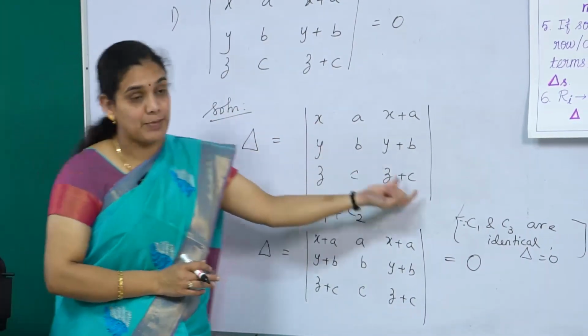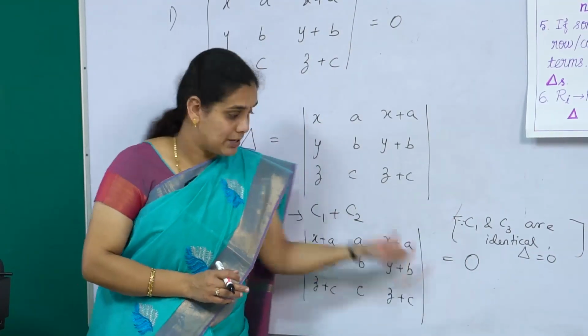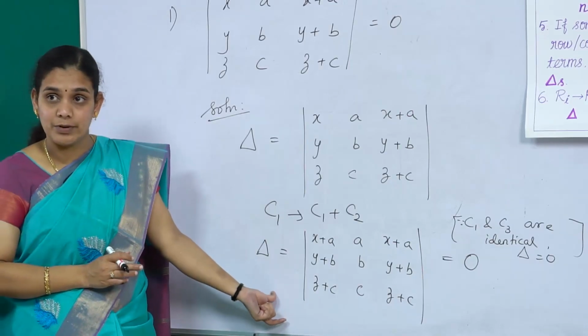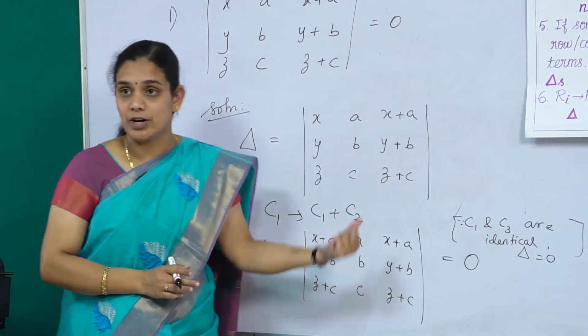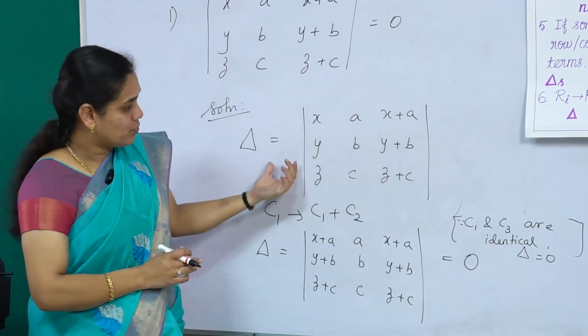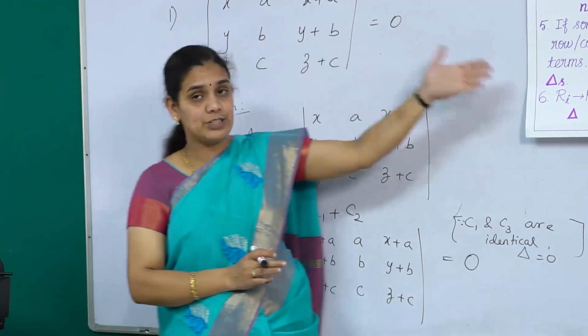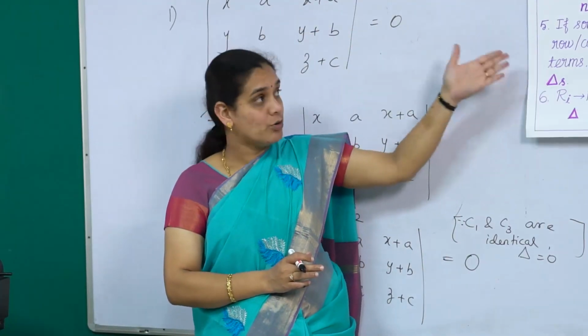You can directly expand this determinant, as we learned in the last session. Still you will get 0 only, but it is very simple now. You see, using the properties of determinants, within a single step you are getting the answer. So, you learn the properties of determinants. It is interesting. The only thing is, you should know these properties very thoroughly and how to use them,